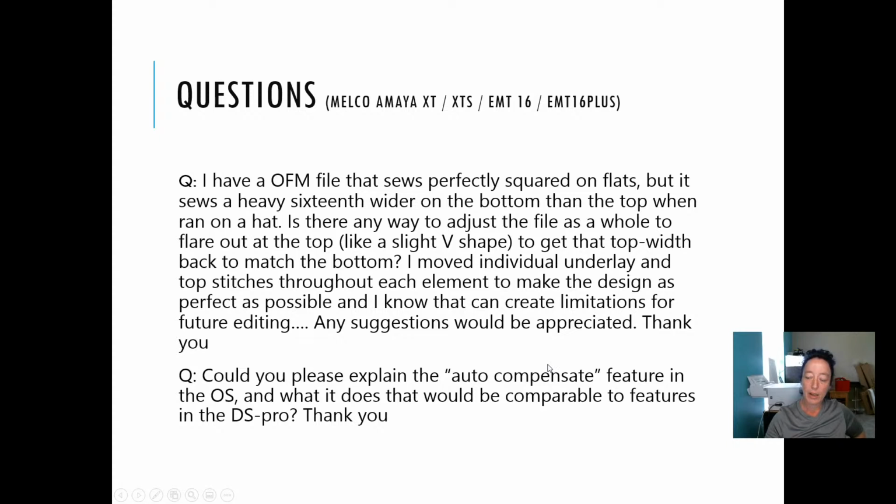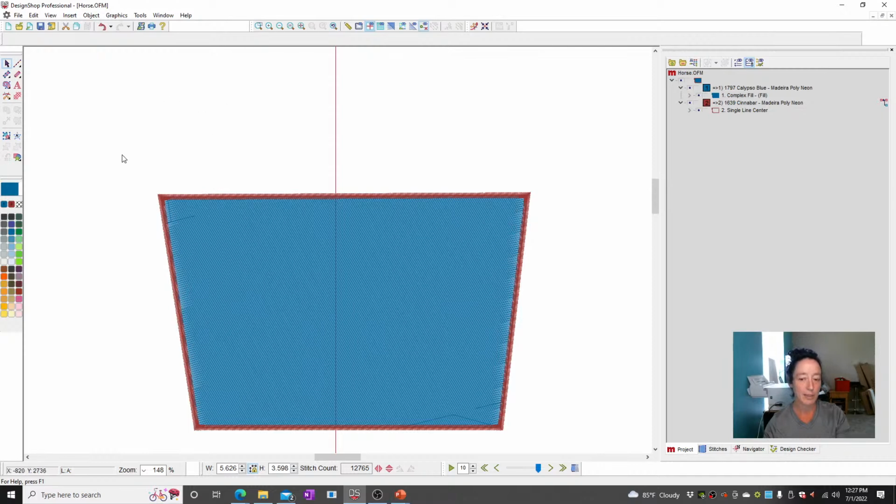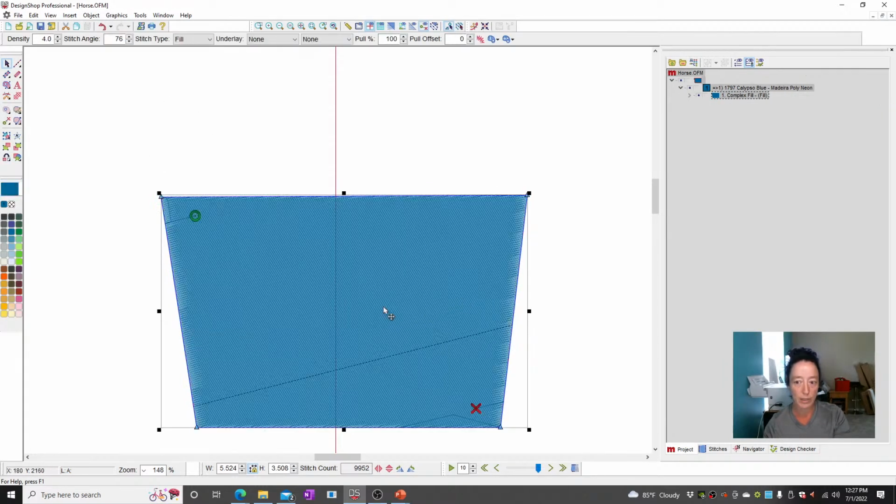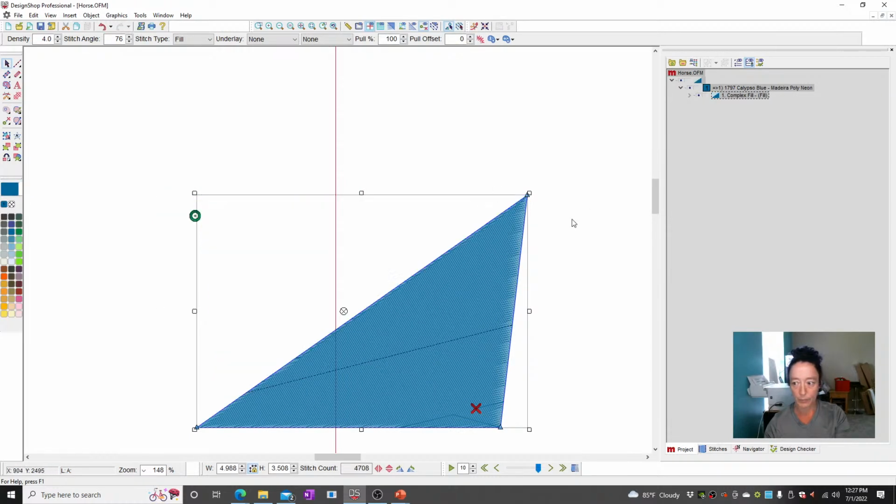Now, the other question you have is related to OS. I don't have OS on this computer, so, auto compensate. For those who aren't aware, if you go to tools settings in the operating system, so Melco OS, there's another tab there that has settings, and down at the bottom there's something that says auto compensate. So what is that? You can turn it on and off. If you turn it off, there are some tables that you can go play in. And what those are doing is kind of similar to what you can do in DesignShop, but it's a one-time thing rather than